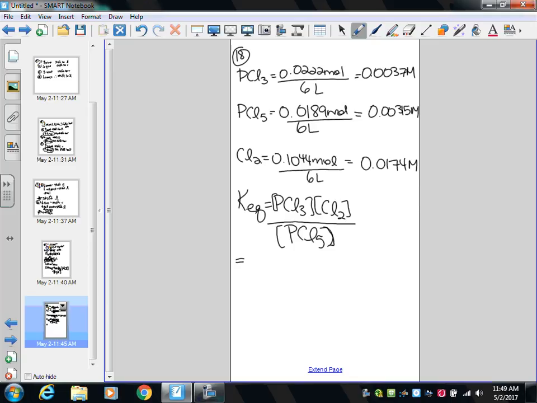What am I going to do now? Plug in the values, right? So my PCl3, I'm going to take this number here, 0.0037, and I'm going to multiply it by my chlorine value,